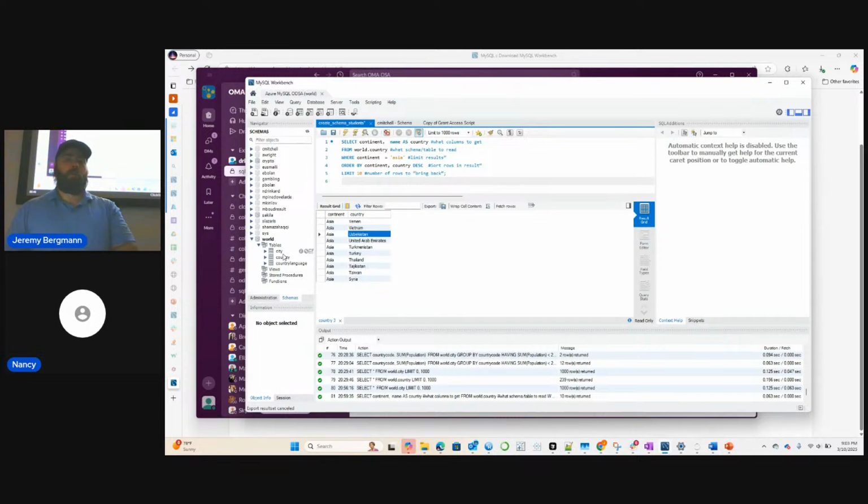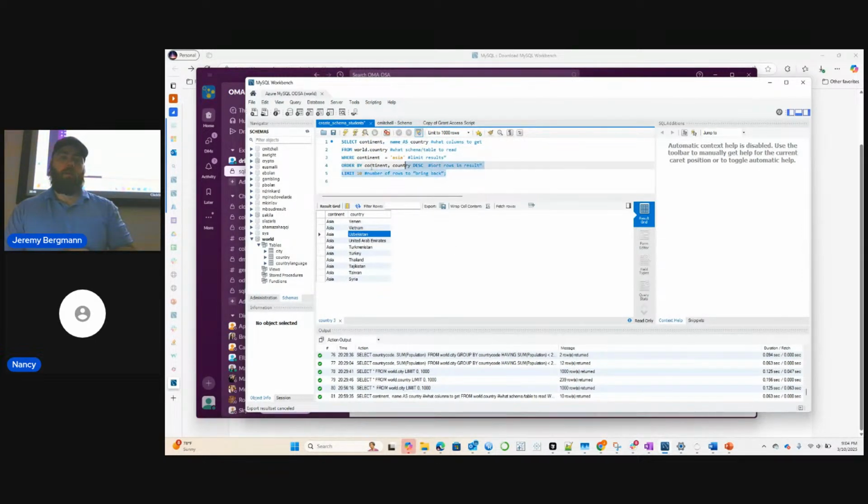We have the data, and then we're just writing a SQL query. It's like a search and find. I have all this data, but I only want to find this one piece, and then I can export it. I can use that data to do analysis.